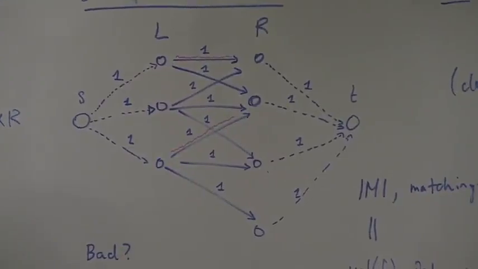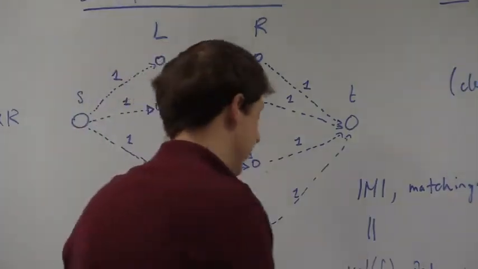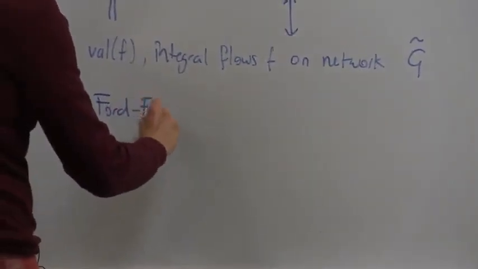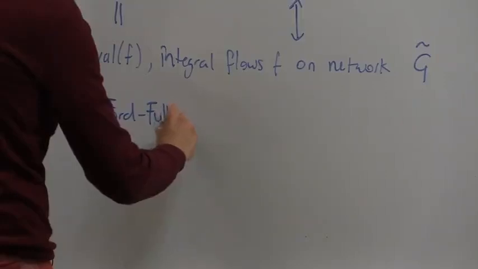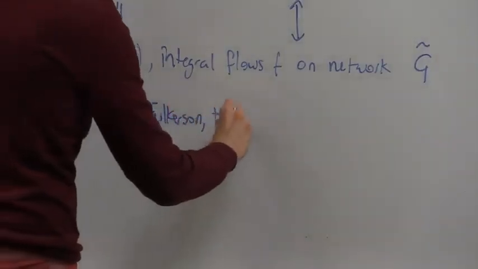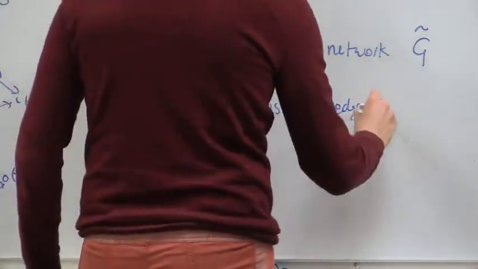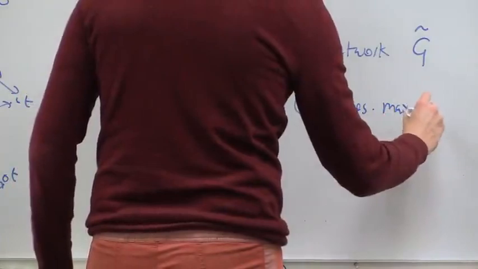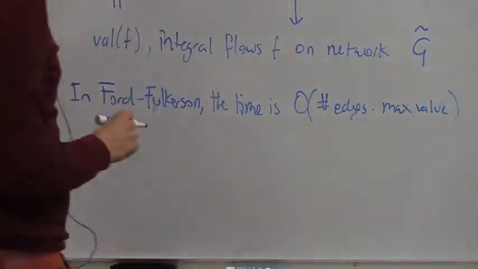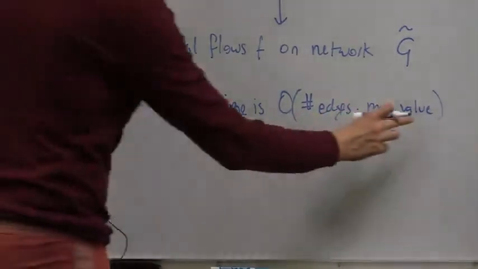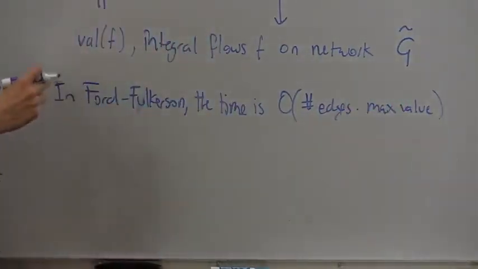A small technical note is that in Ford-Fulkerson, the algorithm we saw in class, the time is the number of edges times the maximum value of the flow. And we remarked that this is not quite polynomial time. It is weakly polynomial time because the value of the flow, maximum flow, could actually be exponential in the input size. But in this case,